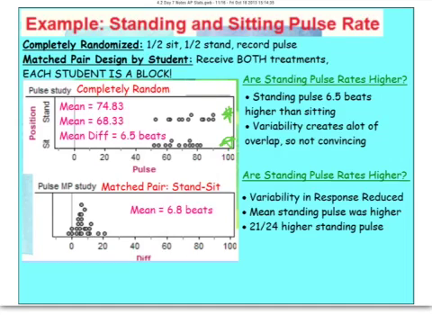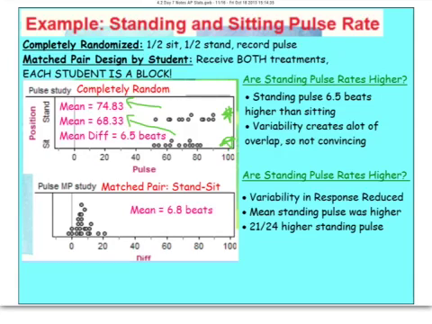Then we could go in and take the means. The mean for those standing was about 74.83. The mean for those sitting is this. And we can compare the difference and see that it looks like the pulse rates went up by 6.5 beats per minute, I'm assuming here,